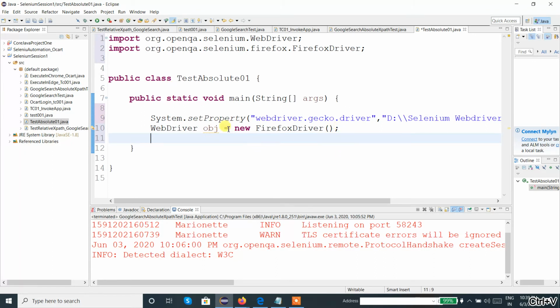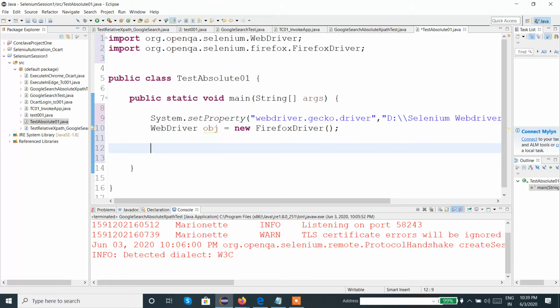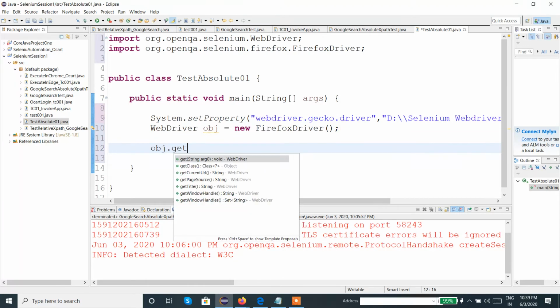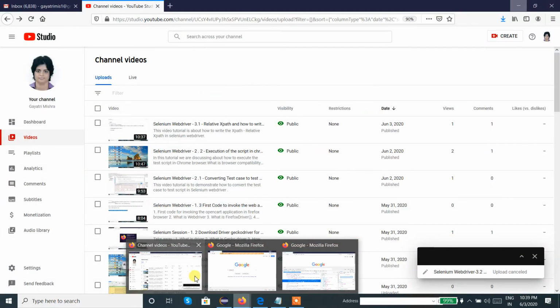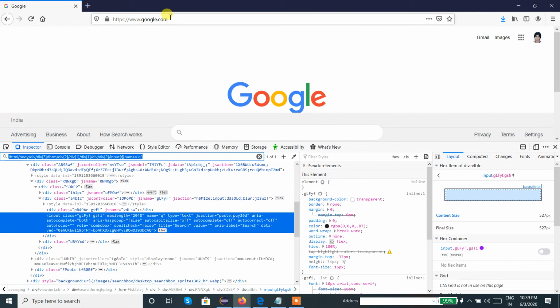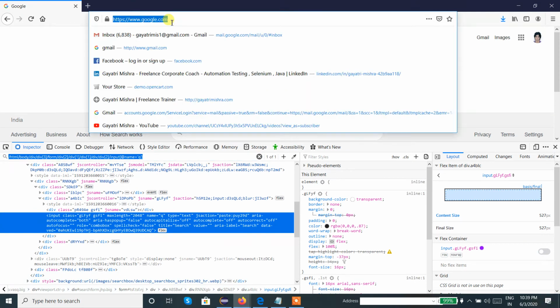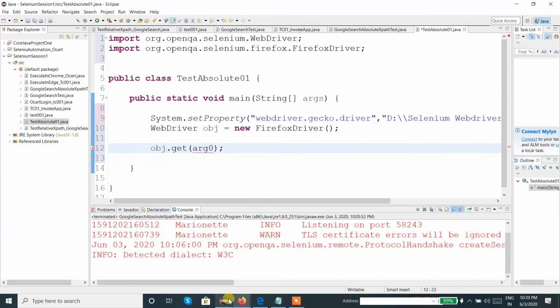Now obj is the object for the web browser. Now I need to invoke the application. As we are working with Google, let me use this URL and keep it over here within double quotes.